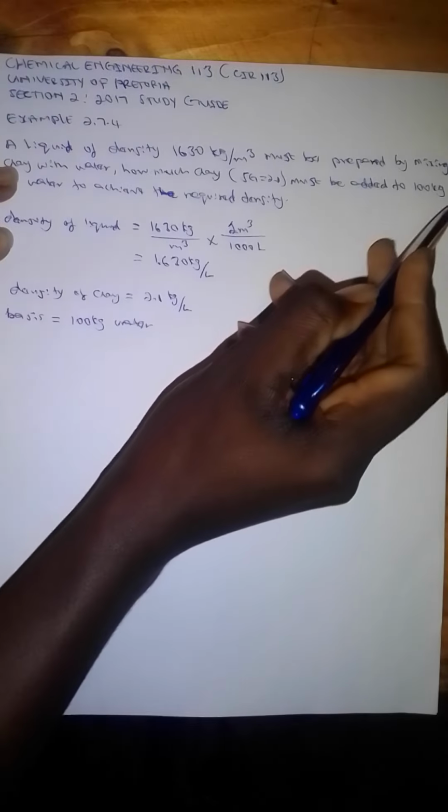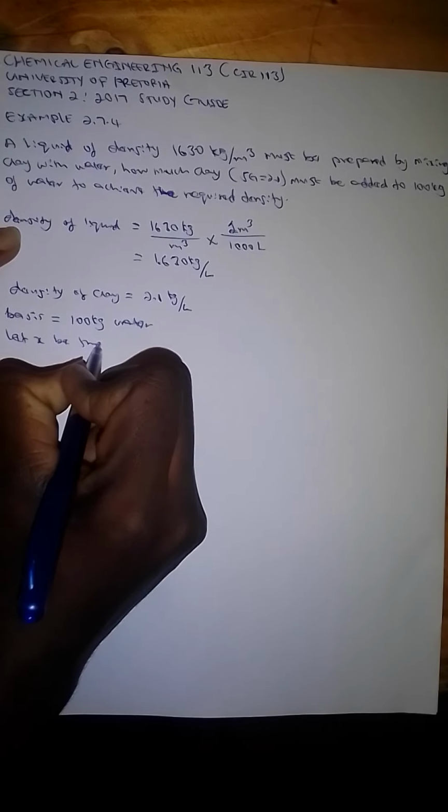This is because we have already been given that the water is 100 kilograms. This is going to be a little bit more mathematical, but it's not so difficult, it's pretty much simple arithmetic. So with the information we have, the densities and also the water as 100 kilograms,